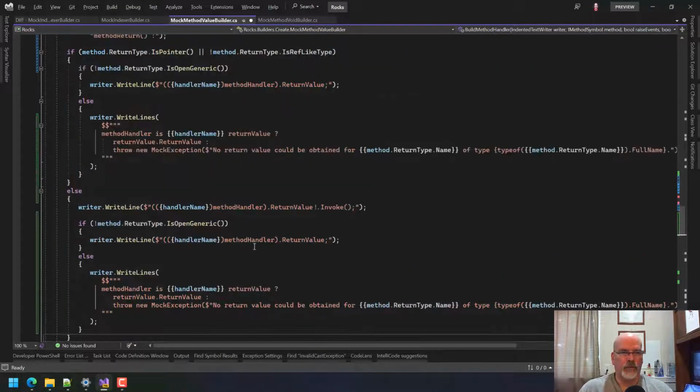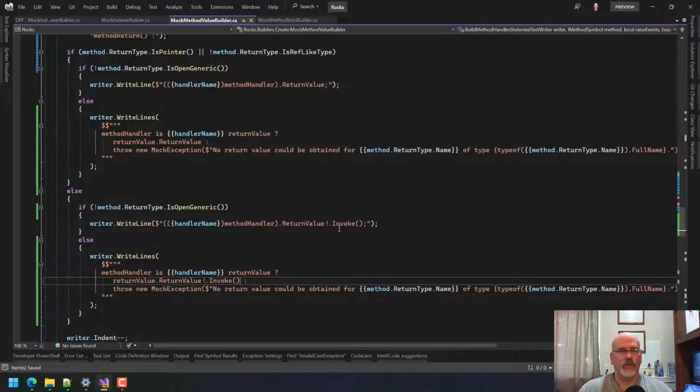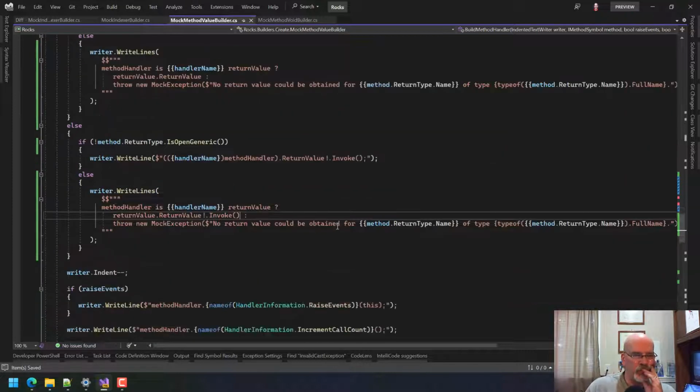I'm going to put that in there, except this now goes here. And what we need to do now is say return value invoke. Boom. Tune in next time to see if any of this had a chance of working, because I'm at my time.